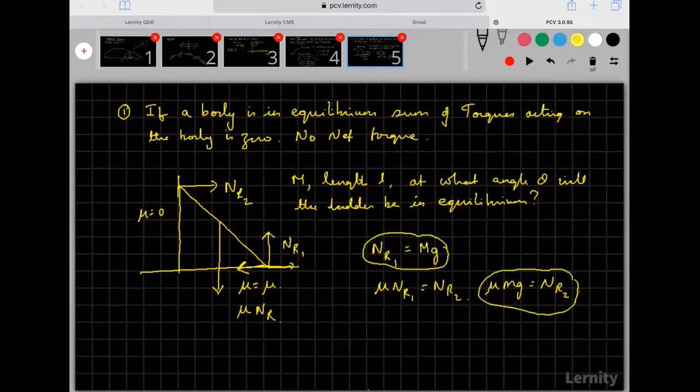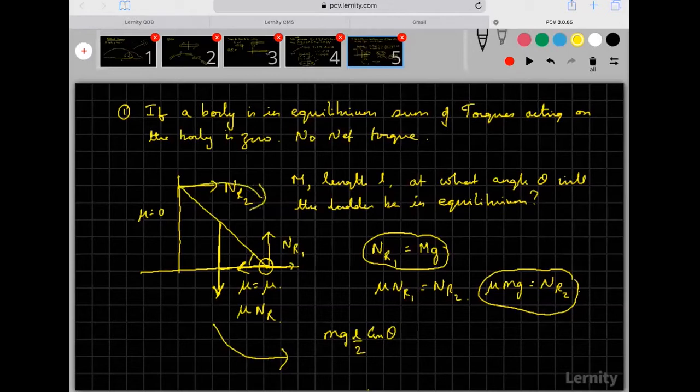Now what we need to know is, because it's in equilibrium, it's also under rotational equilibrium. So I find the torque about this point. The weight is going to pull it downwards, so this is going to move it in the anti-clockwise direction. So the anti-clockwise torque, which is the positive torque, is equal to mg into the perpendicular distance, so it will become L by 2 cos theta. That is the anti-clockwise torque.